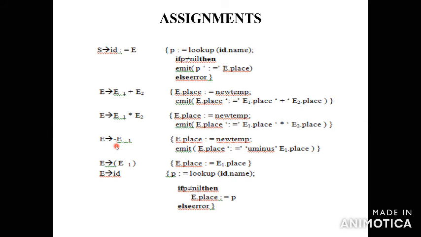The first one indicates the operator minus, it indicates unary minus. So the left side indicates the context-free grammar production rule. The right side indicates the production rule associated with some semantic action. In the semantic action, you have to assign some values. Based on the value, with the help of three address code, you have to write the temporary variables. Write the three address code with temporary variables. So this is for assignment statements.